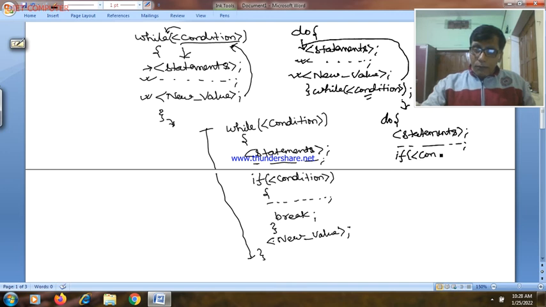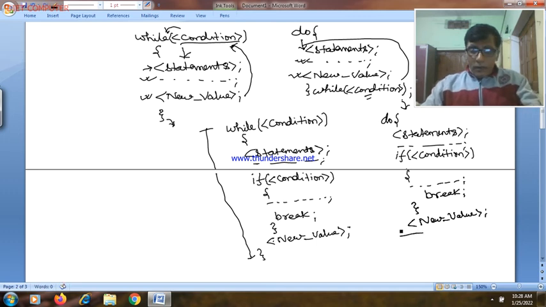One, the first condition of using a jump statement is that it must be used inside a condition body, and the second condition is that it must be the last statement inside the condition body. These two conditions must be fulfilled by you when you are using any of the jump statements in the program,